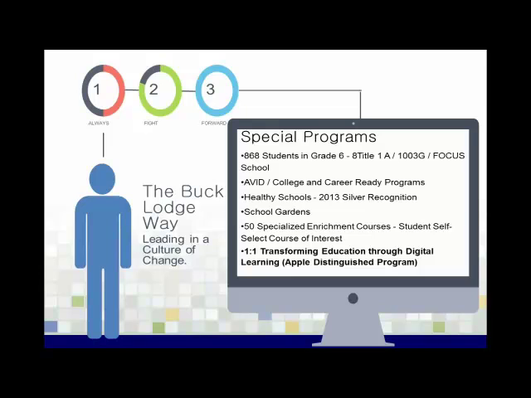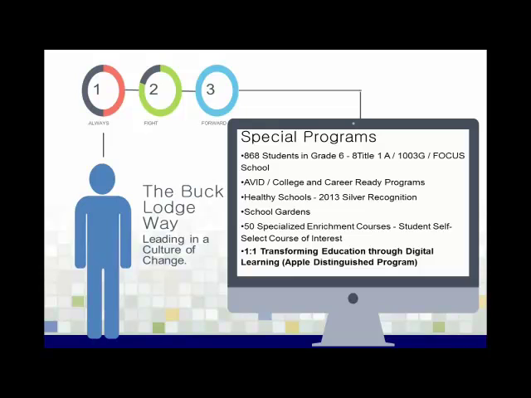Also, we have some very unique programs here. One that we invested heavily in at our school is the Healthy Schools program, which we received silver recognition for this year. We have a large school gardens program where we have a hoop house that's located in one of our courtyards. We also have 50 specialized enrichment activities that happen during the course of the day, where there are clubs